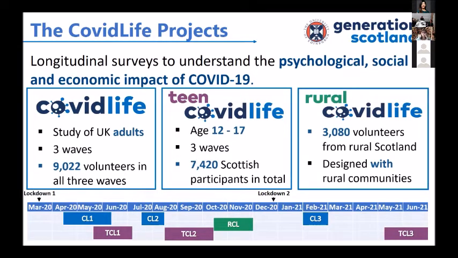And as we analyzed the data from COVID Life, we realized that there was actually quite a difference in reaction to the pandemic in some ways in the rural communities in Scotland, and it's about 16% of the Scottish population, so not an insubstantial number. And so we got funding to do a rural COVID Life, which we did in October, November 2020. And this importantly was designed with rural communities, and Claire will be speaking about that later. So now I'm going to hand it off to Rachel.